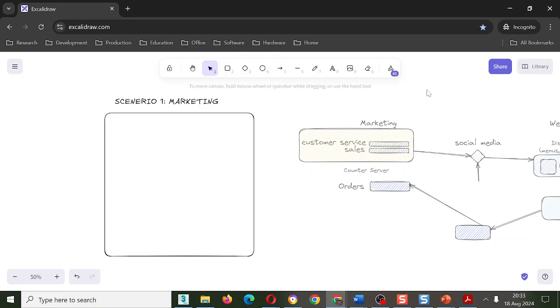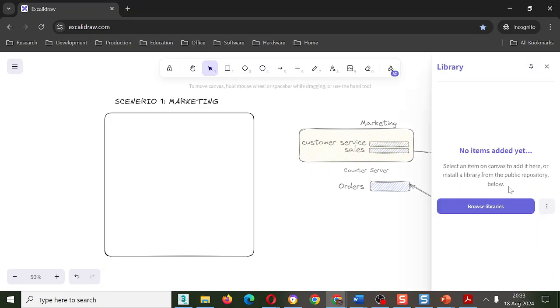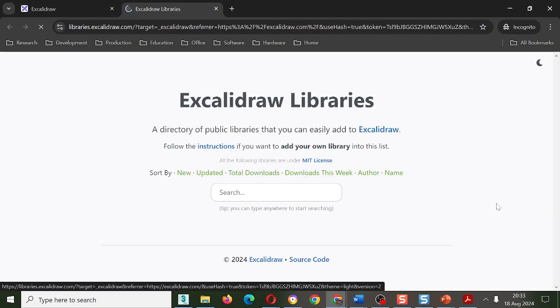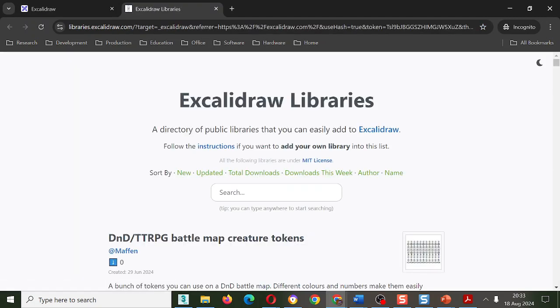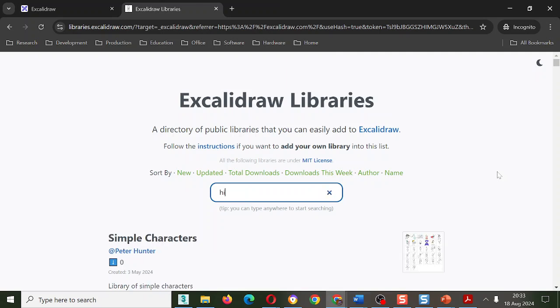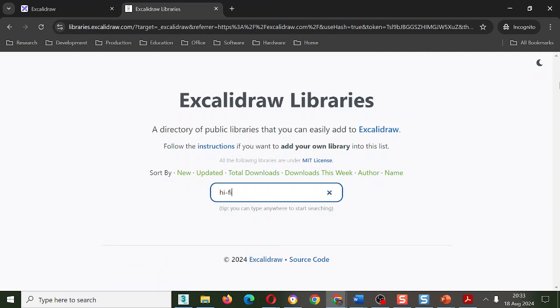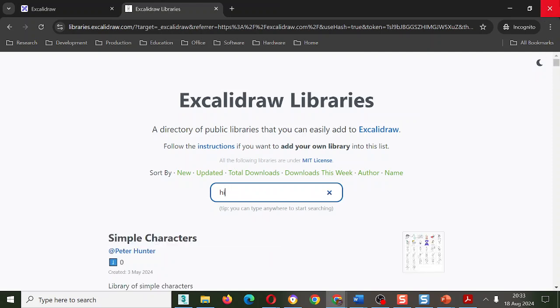All right. So I need to make sure I have my library for my different things. Now I don't have it, so I'm going to browse. You have to know how to get your library for this software. So I want a library for high fidelity, low fidelity. Let's see.